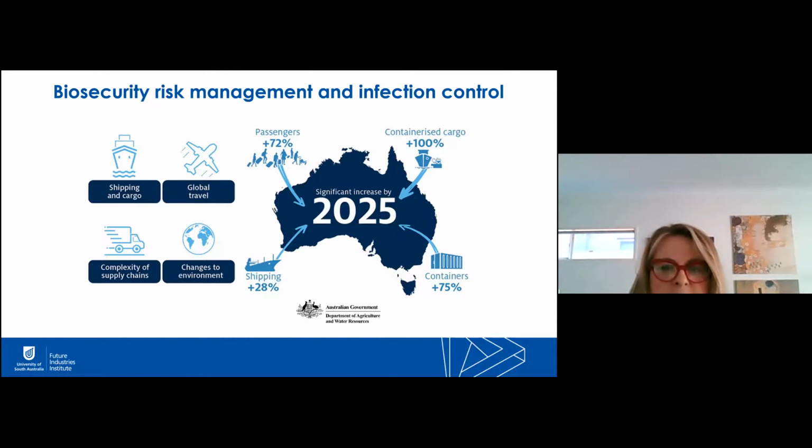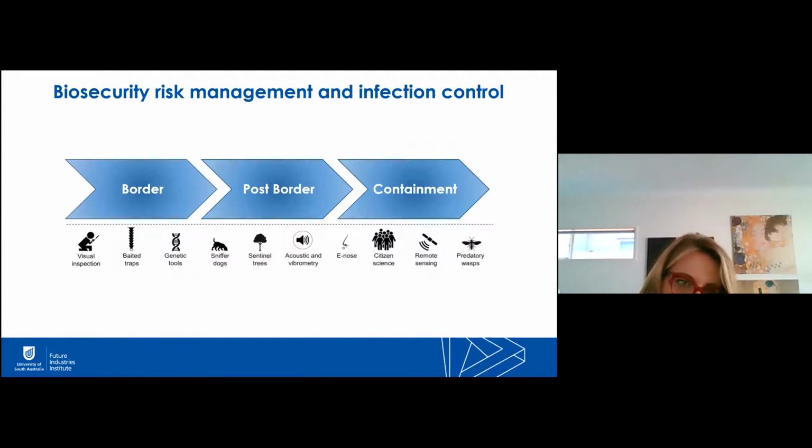Our biosecurity system is under growing pressure from the number of people and goods coming into Australia. And these numbers are forecast to further increase, as shown here in the slide for 2025. Globalization, complexity of international supply chains, and changes to the Australian operating environment, including those caused by the current COVID-19 pandemic, are making biosecurity risk management more